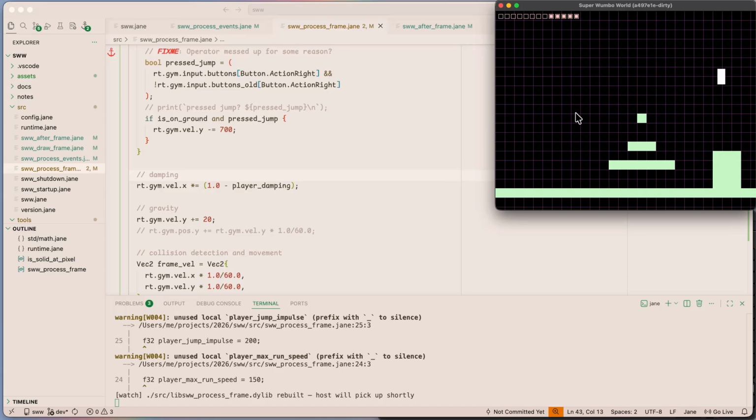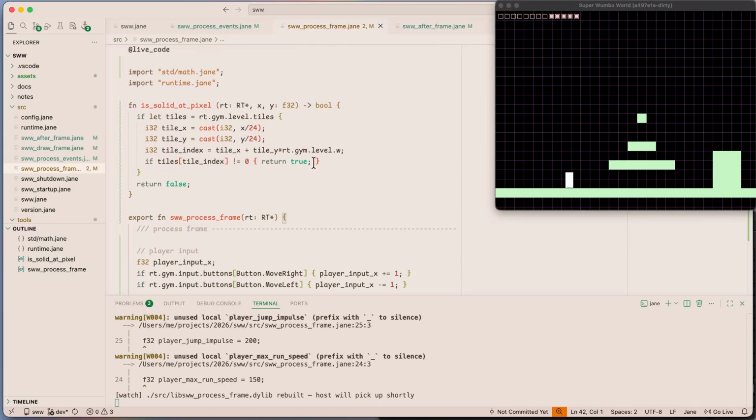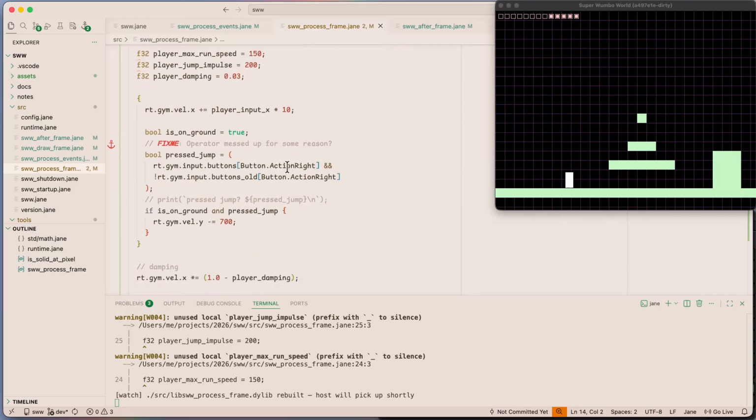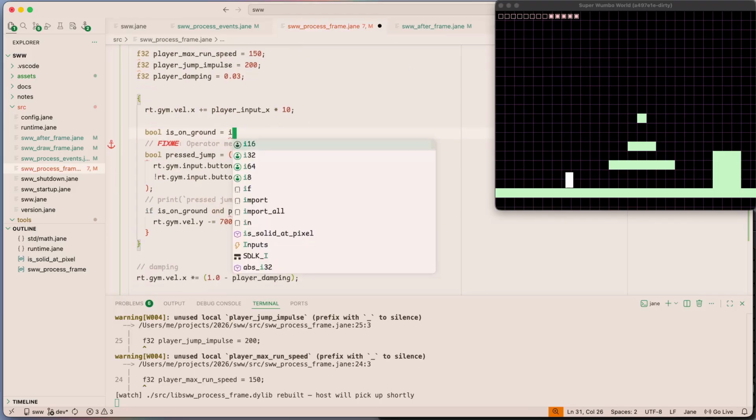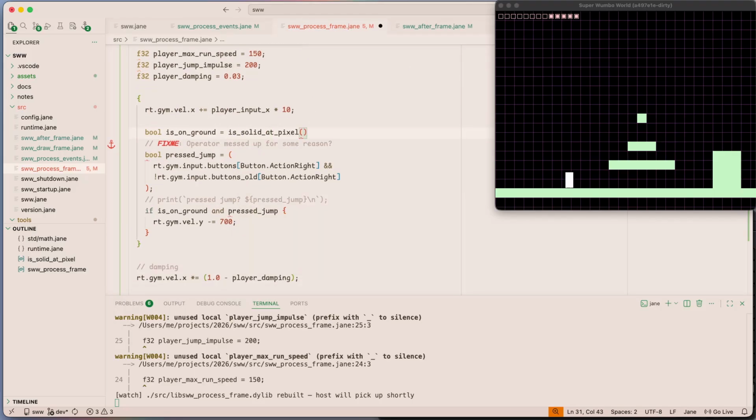But yeah, let's make the camera follow us so that we can go over and look at our other cool things. Oh yeah, I forgot, we can just jump in the air right now because we don't actually check if we're on the ground. So that's something we should do. Let's check if we're on the ground. And this is going to be silly. Is solid pixel, and that's going to be